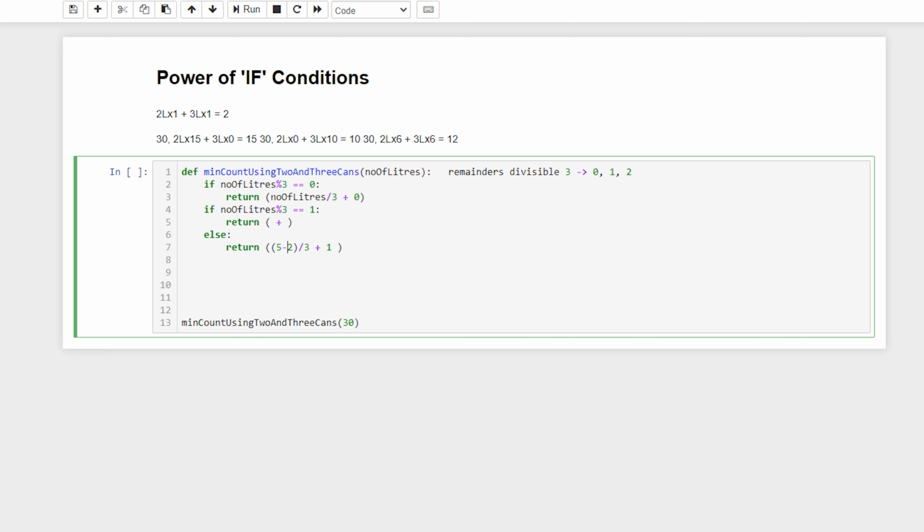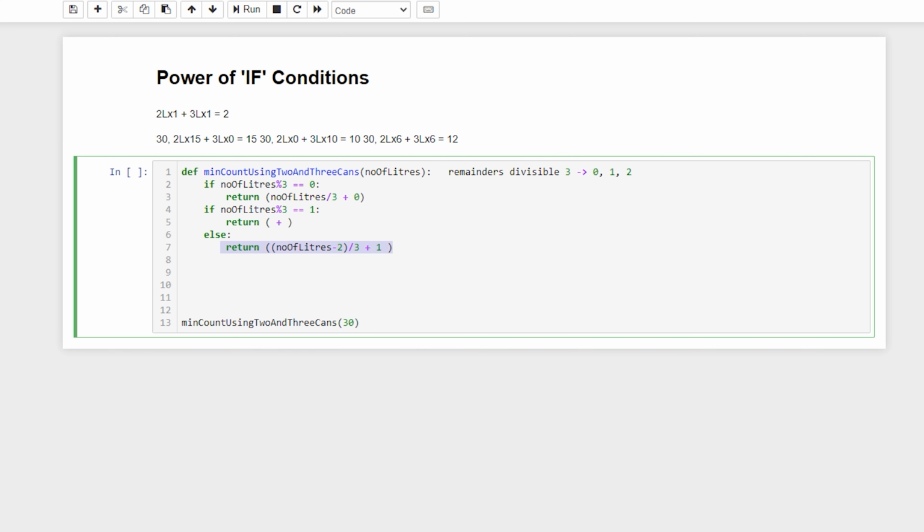Anyhow, you cannot hard code the value as 5 because the program will change intermittently. So you have to use number of liters. You can also apply, for example, 8 liters. Okay, 8 minus 2 is 6. 6 divided by 3, 2 times. Obviously 8 liters using 3-liter cans you have measured 6 liters. Balance is 2 liter. So using the 2-liter can 1 time will be measuring. In total, the answer printed will be 3. Anyhow, this condition also we have written very clearly.